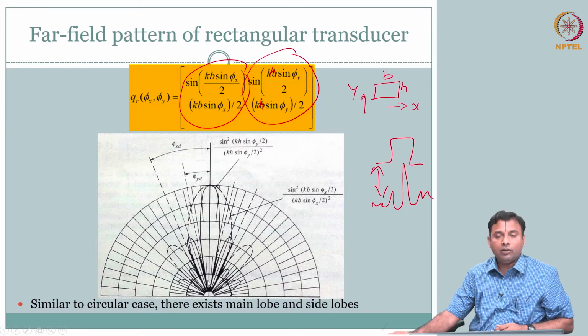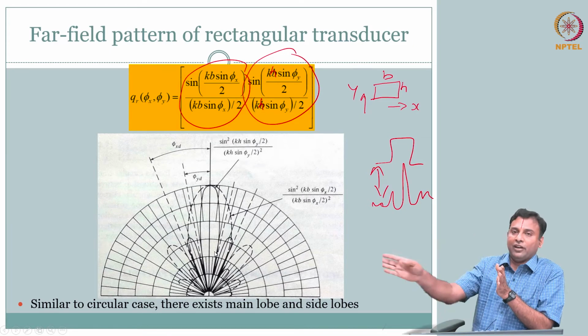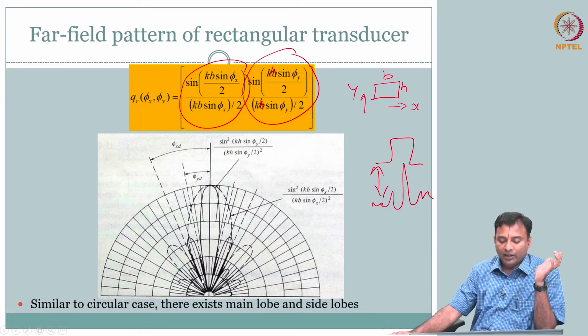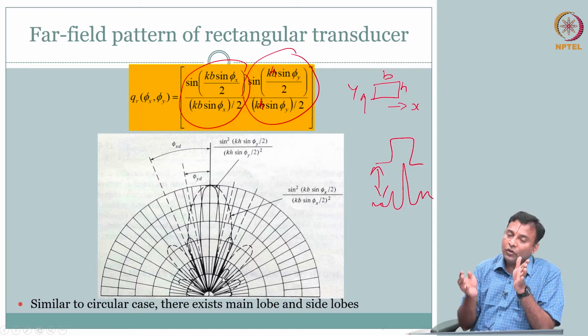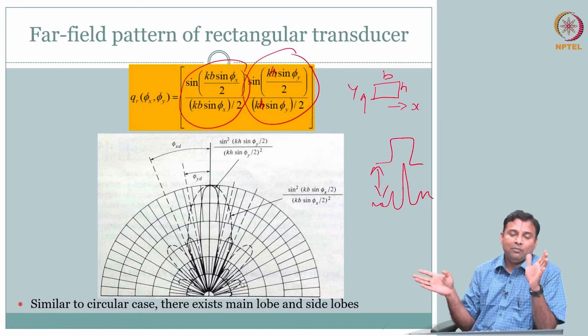The problem with all of this, I will talk about further when we go to the imaging aspect explicitly, but the side lobe is undesirable. I am thinking I am sending pressure in front of the transducer, but when it is leaving the transducer, it is not just hitting the object in front of the transducer, it is also hitting, with some pressure levels, at different angles. So when you are receiving, you are going to get echoes because this pressure is hitting some other object in a different direction, but you have no way to tell that.